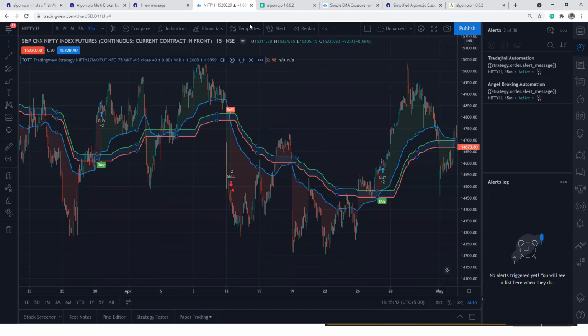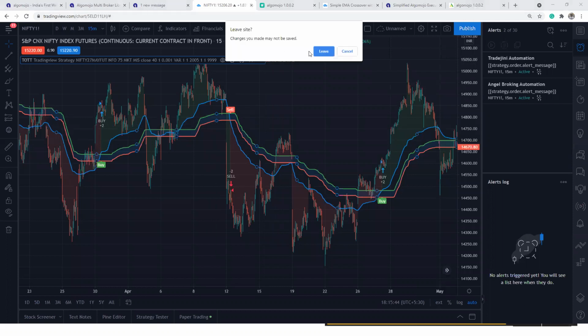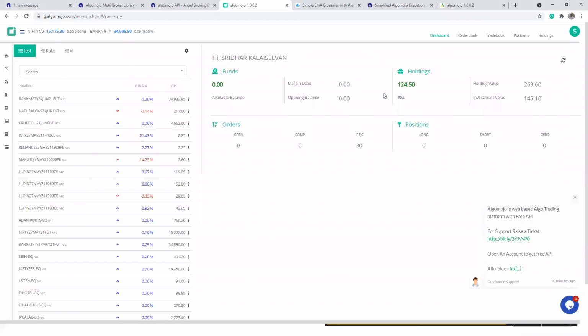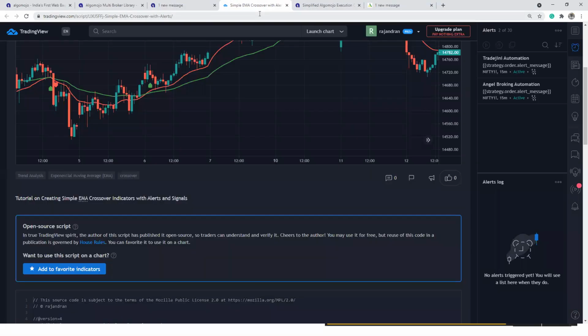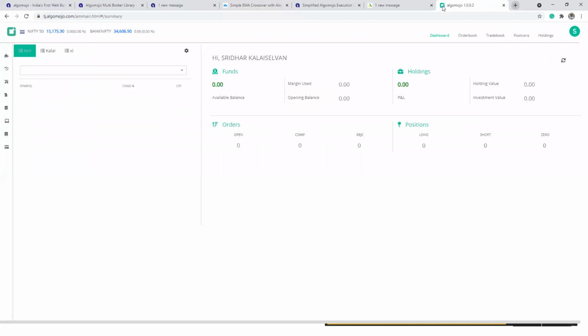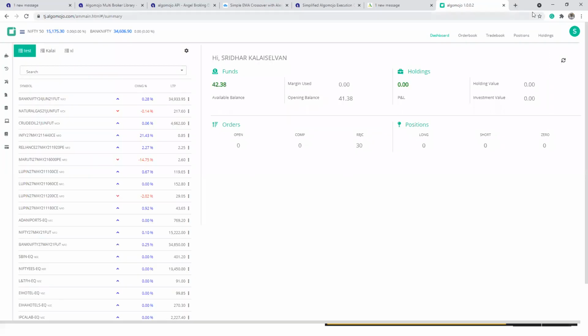The best part is I can close the application and my algo will still be running in the backend. But I cannot close Algo Mojo. Algo Mojo should be on, and you should not log out. Only if you log out, it will not accept any orders. The moment you log out, it will not accept any orders. Even if you accidentally close the tab, if any signals come in, orders will still go, because the session will be maintained by the browser. Say tj.algomojo.com, it again directly logs into the platform. Even if you accidentally close the Chrome tab, the order will still go.